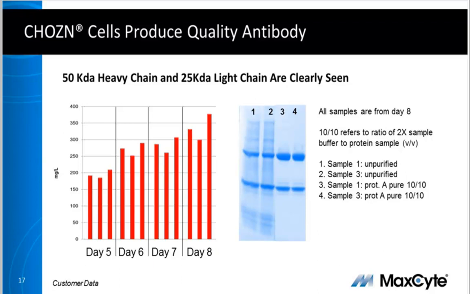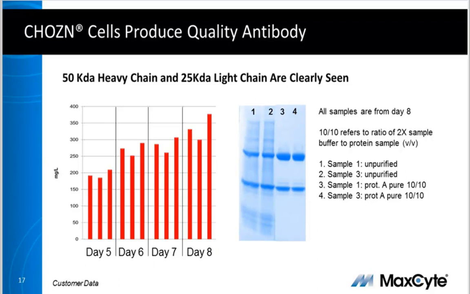The graph on the left shows consistent antibody titers for the 3 independent transfections, with titers increasing throughout the post-transfection culture period. In addition to antibody titer analysis, day 8 samples from transfections number 1 and transfection number 3 were purified using protein A and examined via gel electrophoresis. Bands of the expected size for human IgG heavy and light chains are evident on a reducing gel for both protein A purified and unpurified samples. Also, no additional bands are evident in the purified samples, which are in lanes 3 and 4,